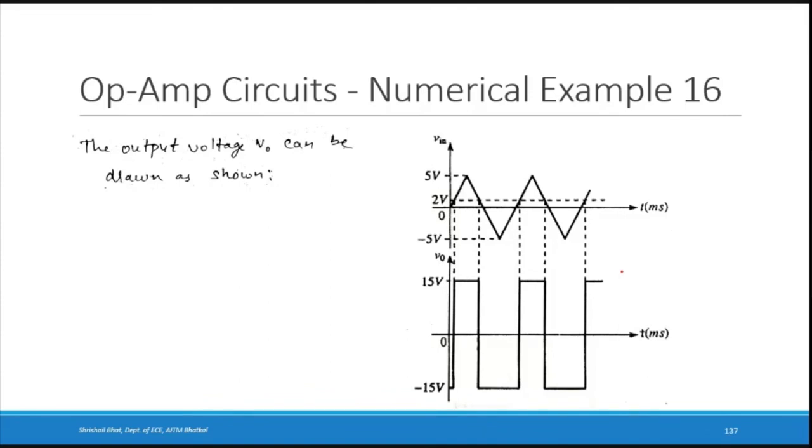Right? With this, we have completed the third module, that is operational amplifiers and its applications. In the next class, we will start with the fourth module. We have already seen the BJT applications. One part is already done, and the remaining part is feedback amplifiers and oscillators. So we will cover that in the next class.